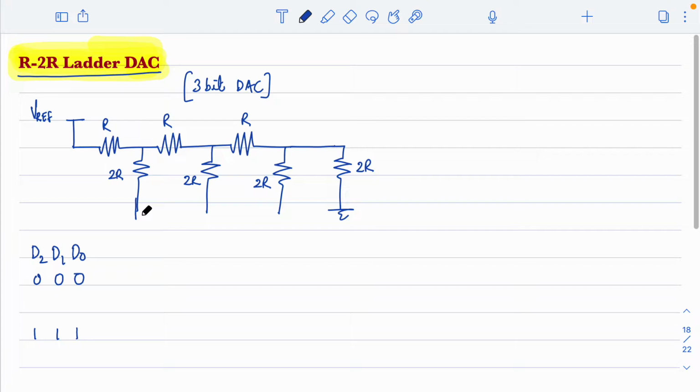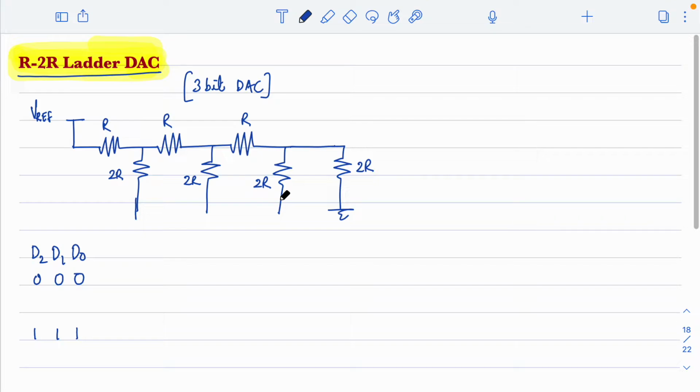The bottom end of the 2R resistance will be connected to switches. Through switches, it will be connected to the digital input data. So when the switch is high, say for example, D0 is high, the corresponding resistance will be connected, and that will make sure that a current will flow from the reference voltage Vref through the specific resistor, and that current will be taken across the feedback resistor across